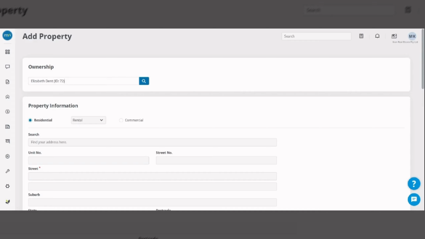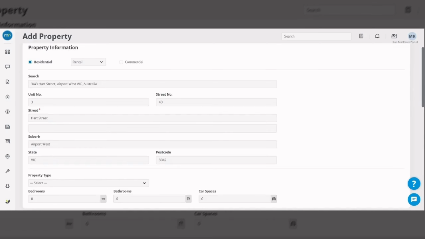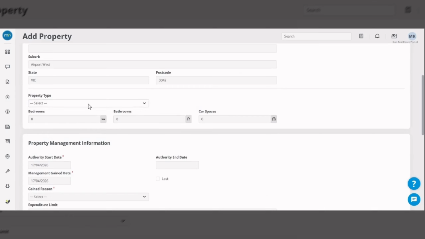That's the residential one. I entered the property address. Now the property type is a house. The bedroom is one, the bathroom is one, and the car space is one, two.